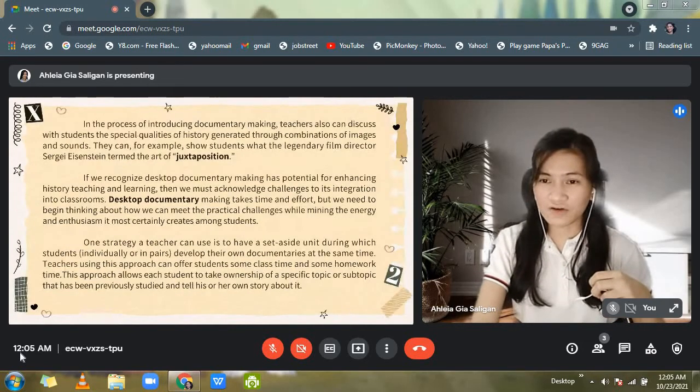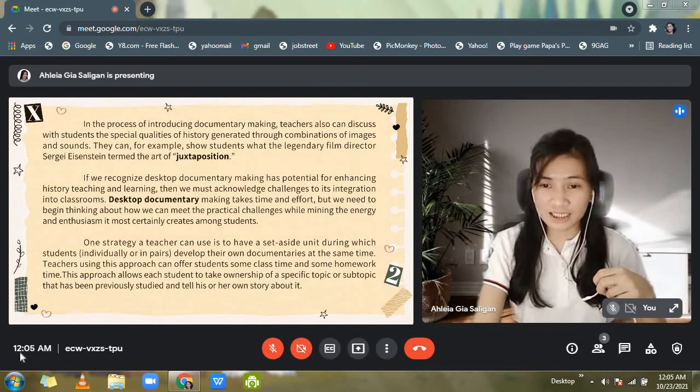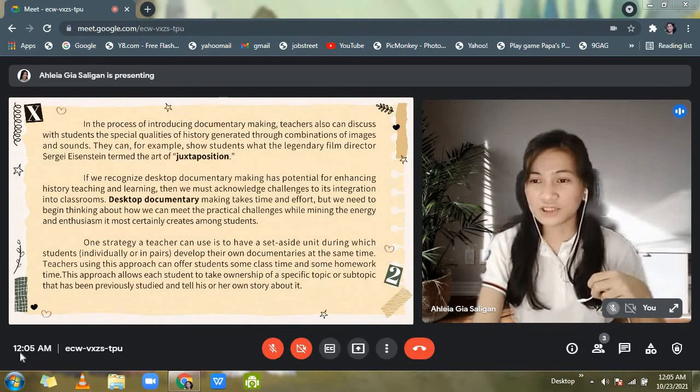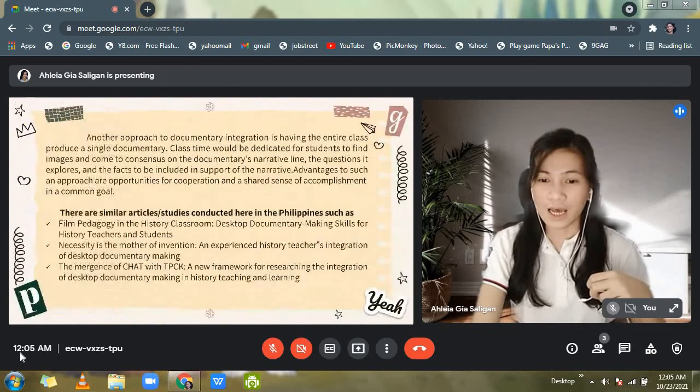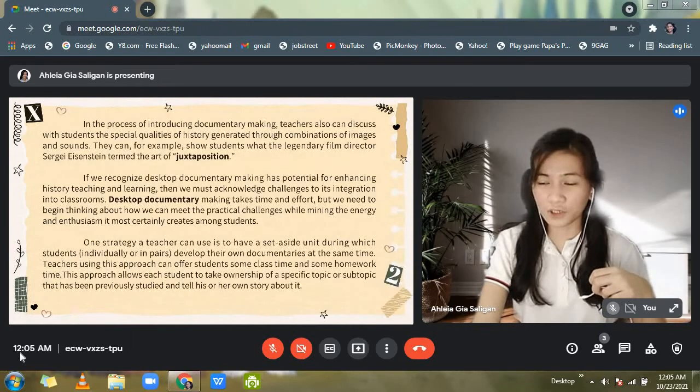In the process of introducing documentary making, teachers also can discuss with students the special qualities of history generated through a combination of images and sound. They can, for example, show students what the legendary film director Sergei Eisenstein termed the art of juxtaposition. And one strategy a teacher can use is to have a set-aside unit during which students develop their own documentaries